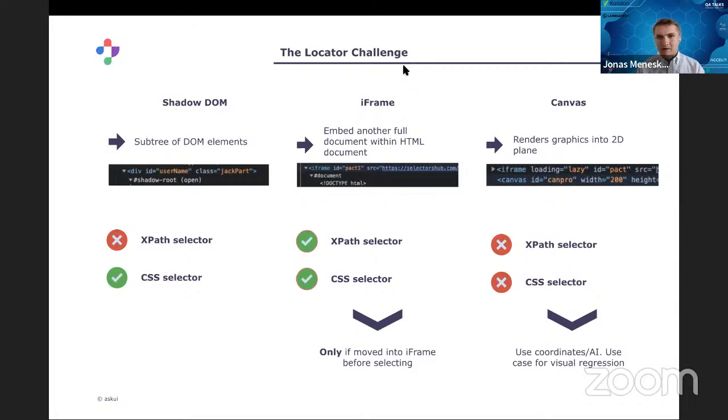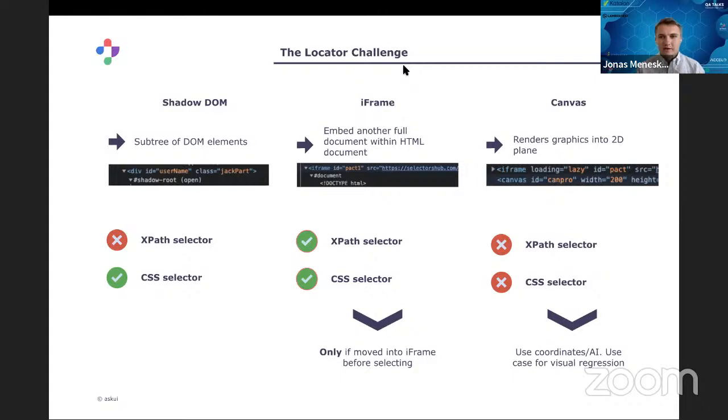And there, it's interesting because a lot of tools don't support it, but a lot of tools do support it. It's like 50-50, I would say, but I'm actually not sure about this number. So basically the normal XPath selector and the normal CSS selector would not work out of the box, but with classical code approaches, you could just move in the DOM to the iframe element and then use those kind of selectors inside this iframe. It has to be supported though.